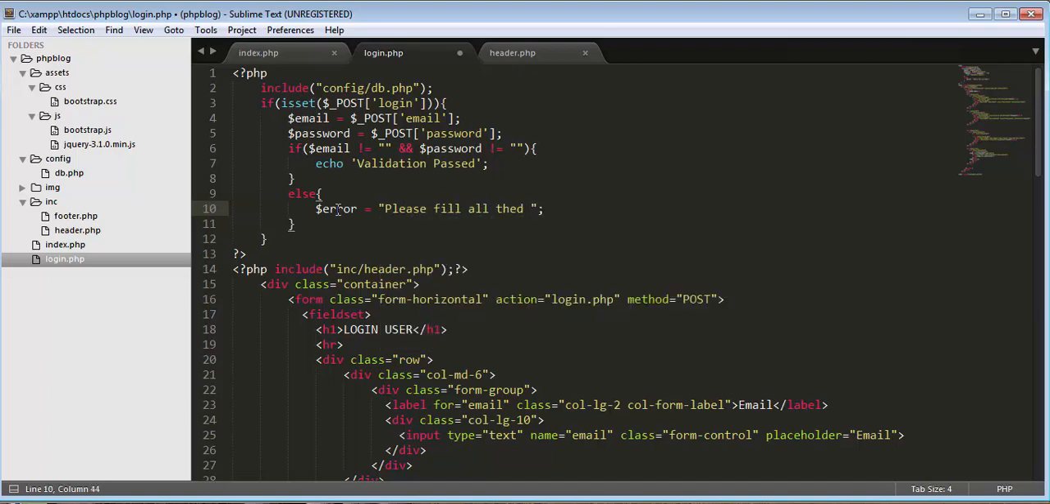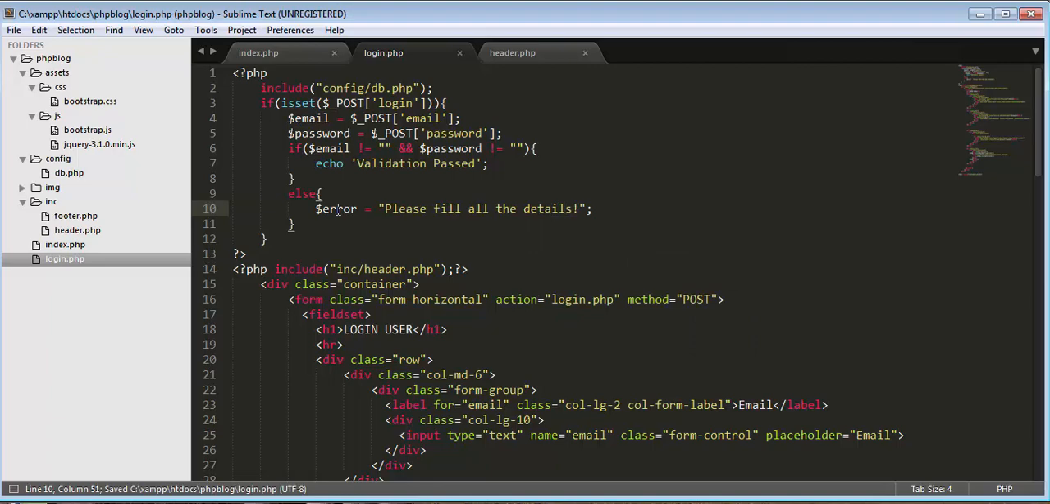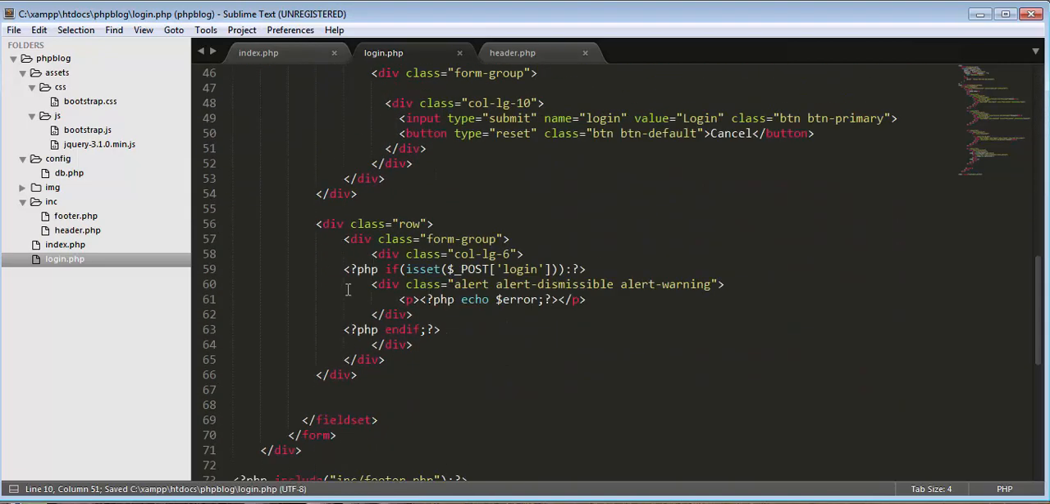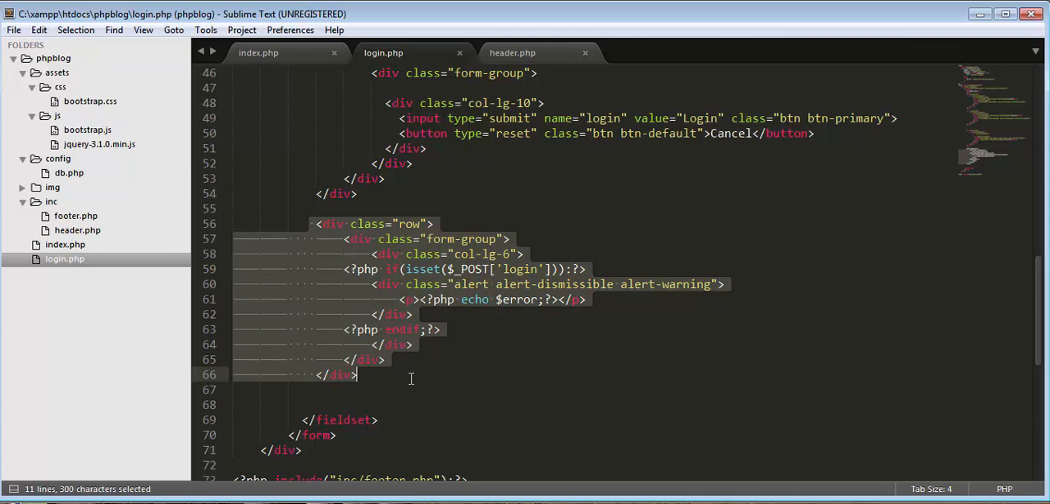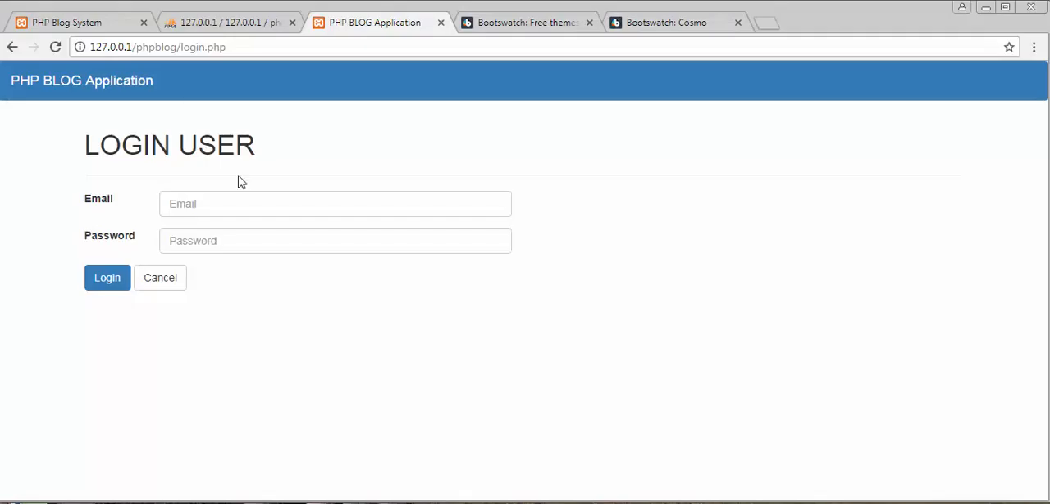Since I had created this error message in my last video itself, I copied this entire code from that video, so now I don't have to do the same thing again and again for displaying the error message. Now let's refresh the page and click on login. Now it's displaying the error, please fill all the details. Now I have entered the email and password. If I click on login,